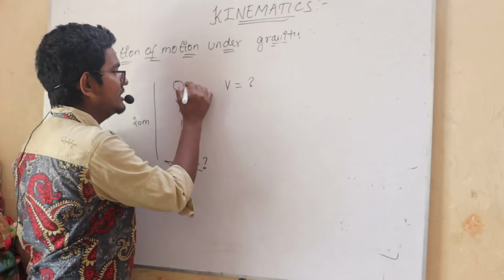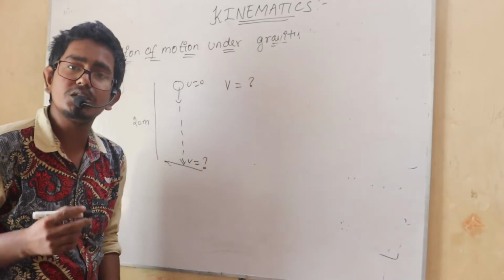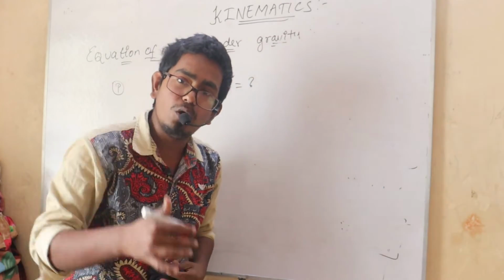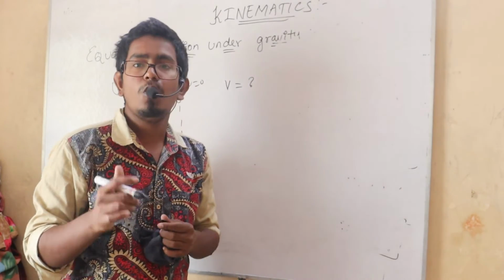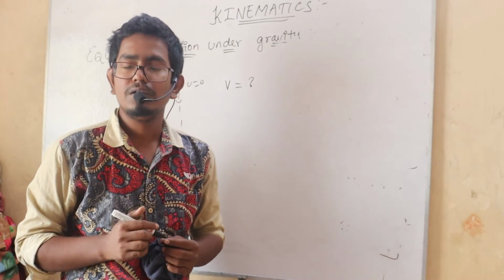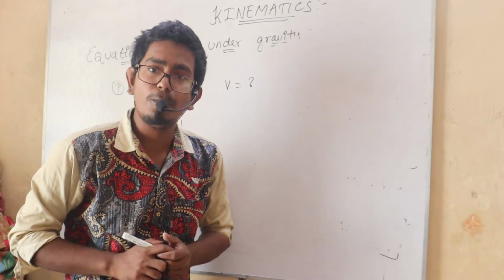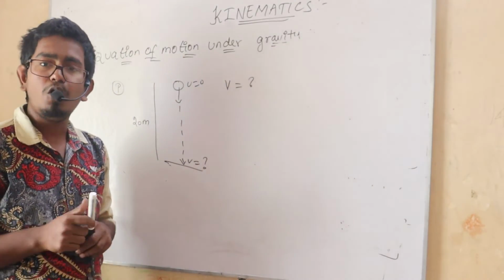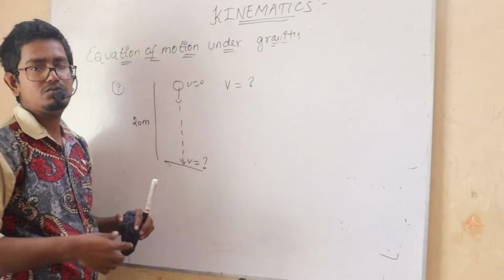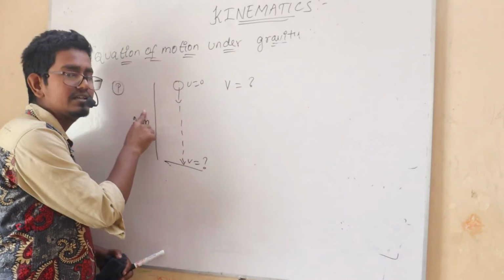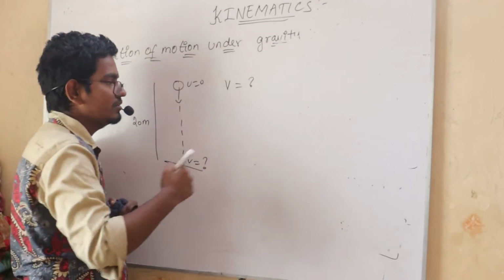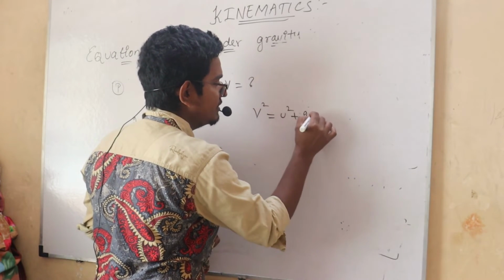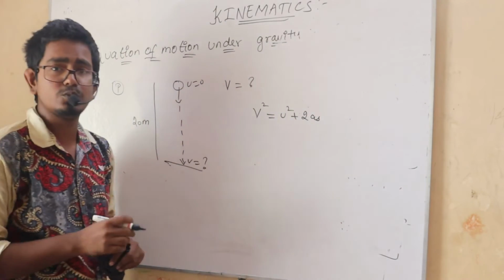We know our u is equal to 0 because this object is falling freely. That means it is purely going down, purely touching the surface only due to gravity. We are not giving any velocity to this object. What is the formula for the freely falling body? How can we find this velocity? That is the question. They have given the height. We know one equation, v square minus u square is equal to 2as, or you can say v square is equal to u square plus 2as.